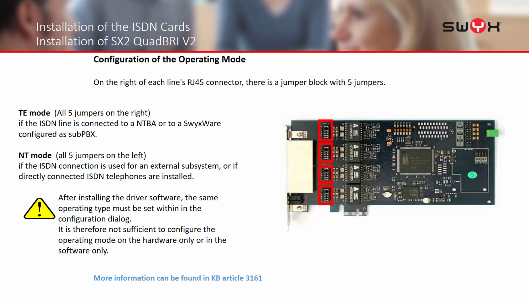So if all the jumpers are to the right per socket, then that particular socket is set for TE mode. If they're all to the left, they are set to NT mode. But all these jumpers are doing is changing the pin outs of the sockets. They're swapping those pins over. They do not change the mode of operation of the card. To change the card from being TE, a receiver, to a transmitter, then you have to go into the device